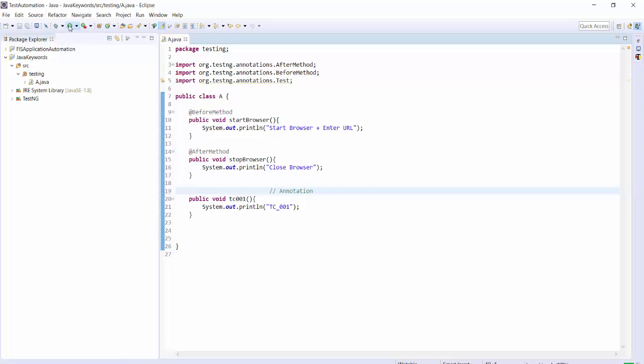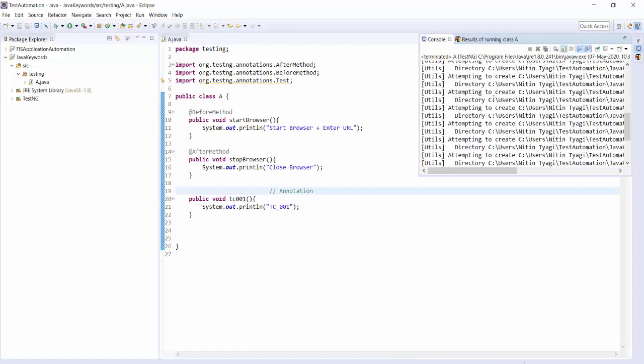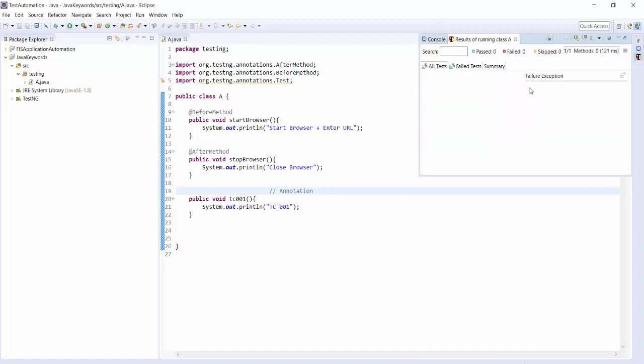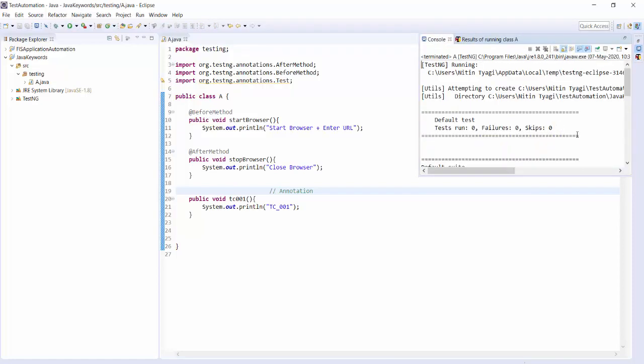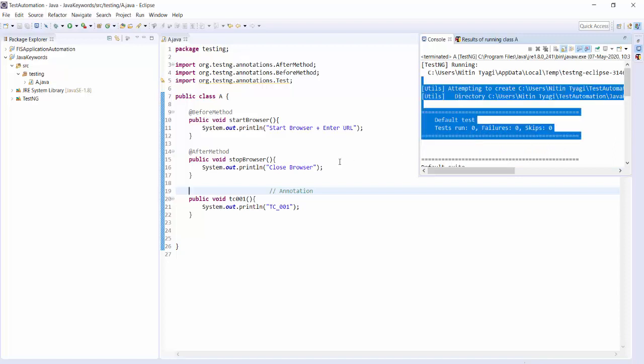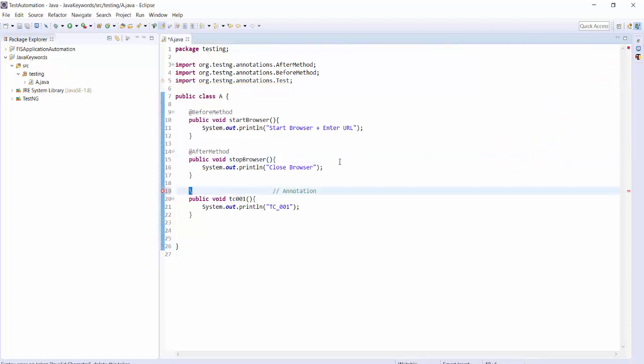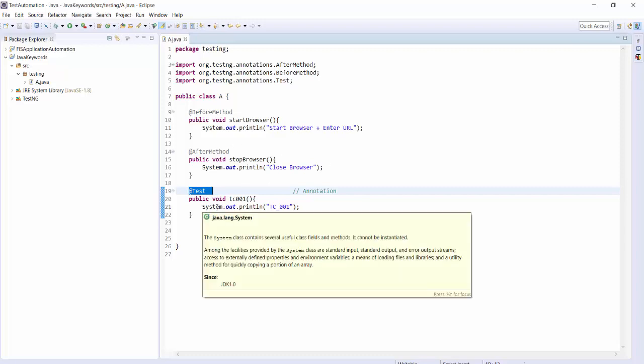Let's try to execute them. You will notice it will show no test case, and here nothing will be printed. Why? Because test is a mandatory annotation. If you have the test annotation, only after that it will search for other annotations. So in this case, test was not there, and it did not execute anything.